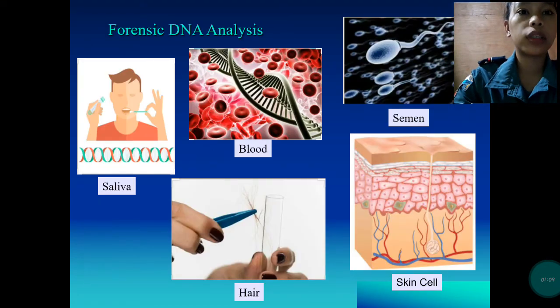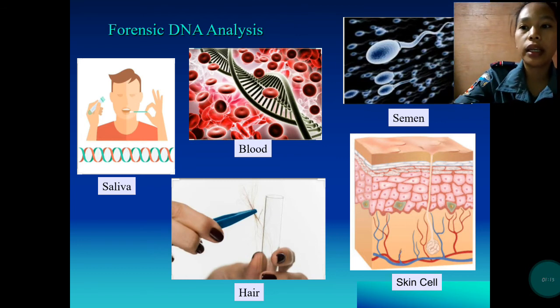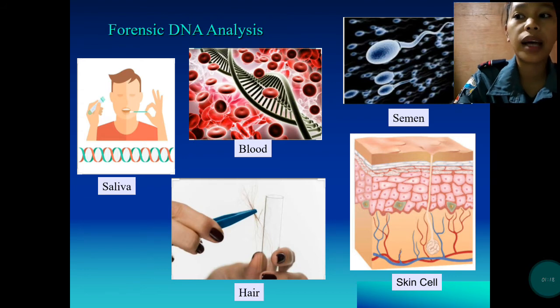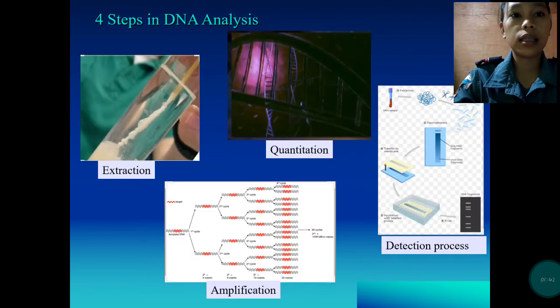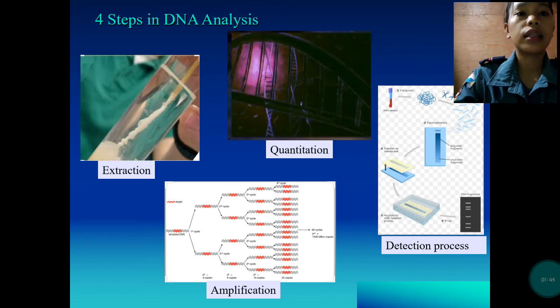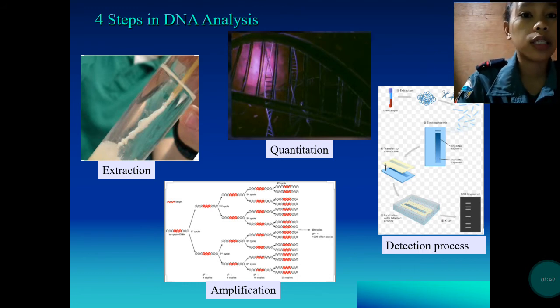Next is forensic DNA analysis. Ngayon, forensic DNA analysis is a multi-step process starting with removing the DNA from the biological material that is submitted to the lab. This can be saliva, blood, semen, hair, skin cells, or any biological material containing cells with a nucleus. And next are the 4 steps in DNA analysis, which are the extraction, quantitation,